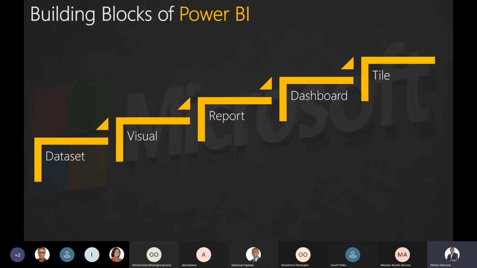So on your Power BI, it's possible that you have quite a number of report pages. Then from all these pages, you have specific visuals that you want to monitor. You pick a visual from page 1, another from page 2, another from page 3, and like that, put them onto a page that becomes your dashboard. Okay?